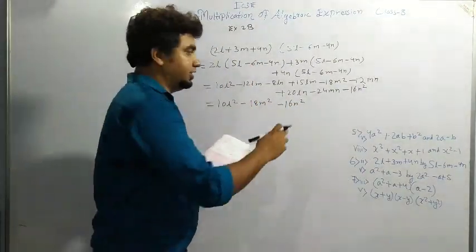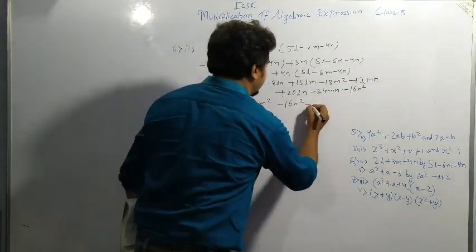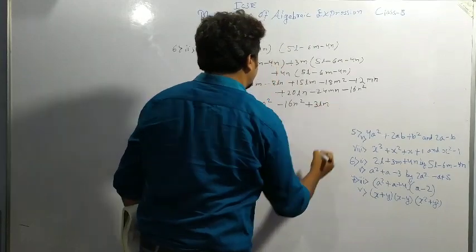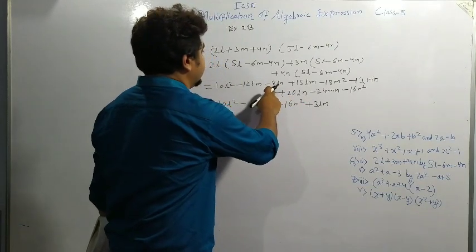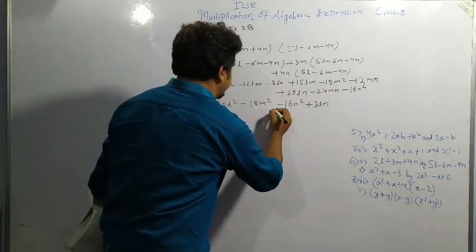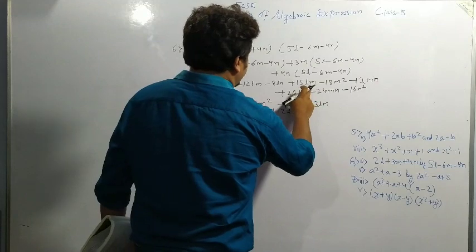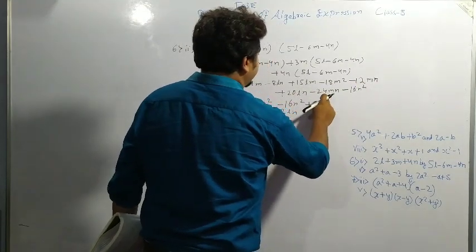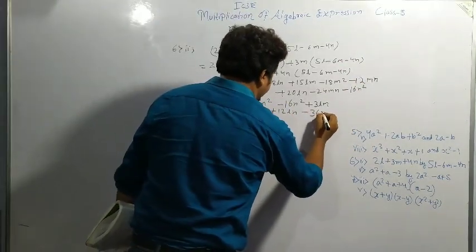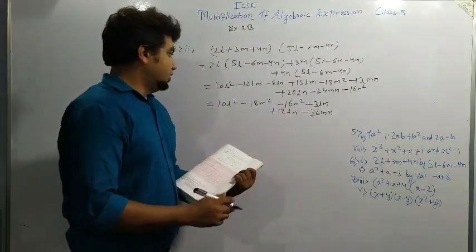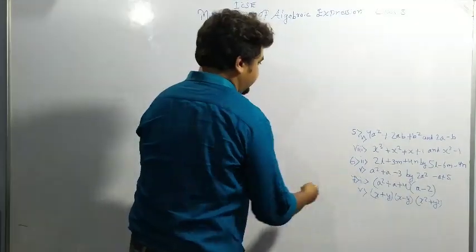Now the like terms will be getting 15 Lm minus 12 is becoming plus 3 Lm. Then 20 Ln minus 8 is plus 12 Ln. Then minus 24 Mn and minus 12 Mn will become minus 36 Mn. So this is question number 6 bit 2. Okay, question number 6 bit 5 we will be doing.